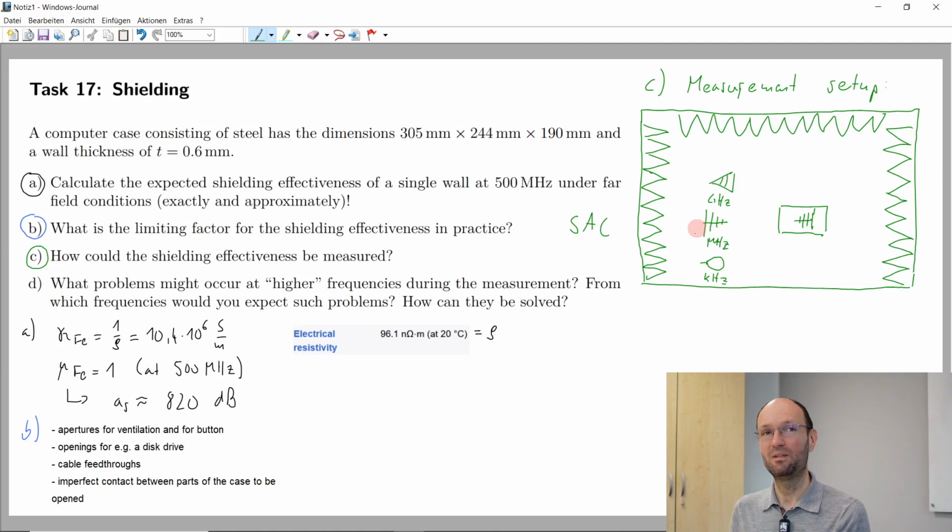Also, if I generate a signal and the antenna is not perfectly matched, some of it might be directly reflected back at the antenna and not even transmitted. The general term for transmission and reflection would be scattering parameters. So with which instrument can we measure scattering parameters very easily as a function of frequency? With a network analyzer, a vector network analyzer. So we take a VNA